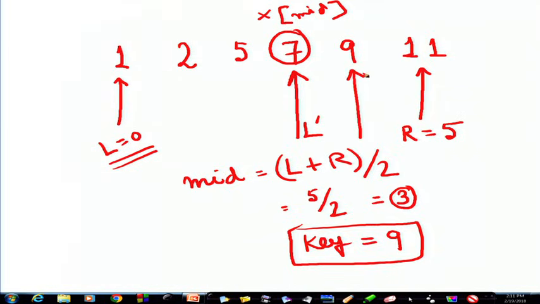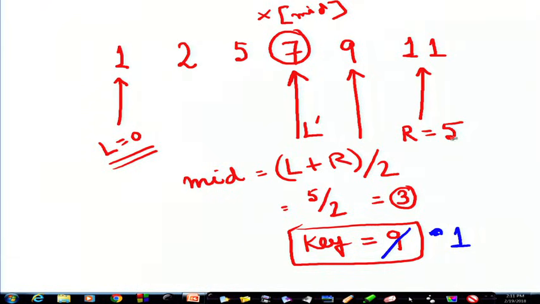If my search was on the other side, that means the key was not 9 but 1, then at this point I find that the key is less than x mid, so I will be restricting my search in this area.